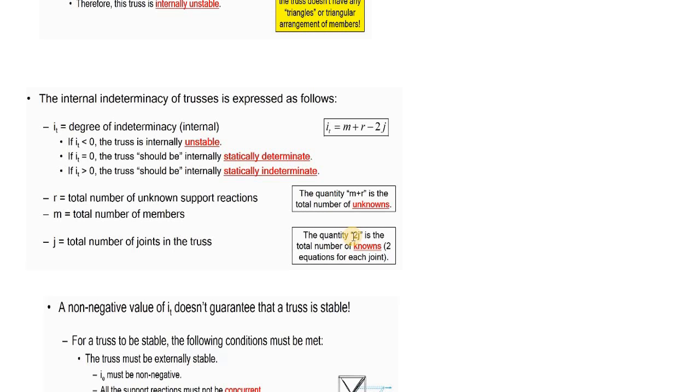Now you need to know that all your forces meet at a common point, meaning there is no moment. Because of that, when you do an analysis of a truss using the joint method, which is basically what we are taking a look at now, you don't have 3 equations of equilibrium, you only have 2 equations of equilibrium, because there is no bending. So because there is no bending, we're only going to take a look at the sum of all the forces in the x direction and the sum of all the forces in the y direction. So this is what we mean by 2 equations for each joint. So we're only going to have 2 equations for each joint when we are doing analysis of a truss.